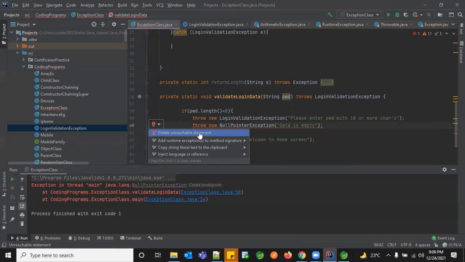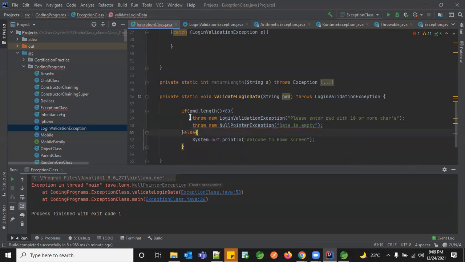Delete unreachable statement. So in a single piece of code, you cannot handle multiple throws together. You can handle only one at a time. You cannot have multiple together. But in this particular throws, you can have multiple kinds of exceptions, right?